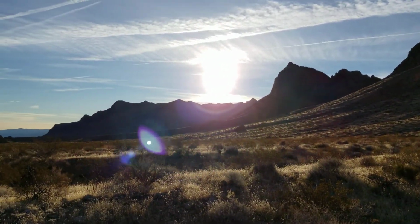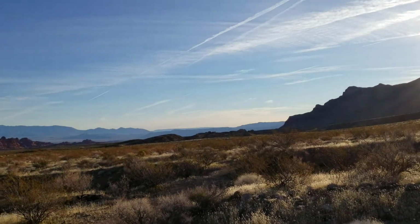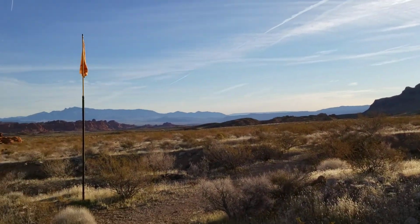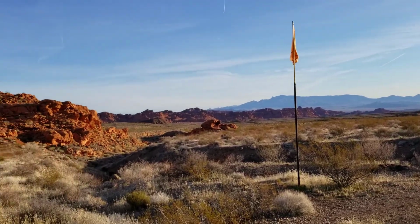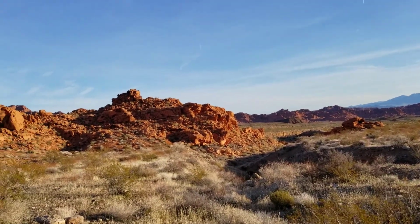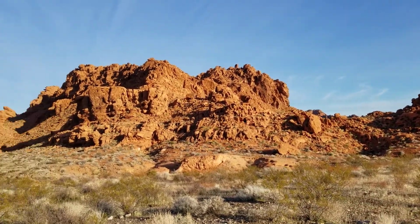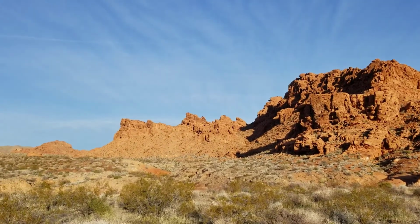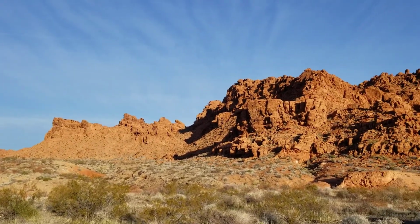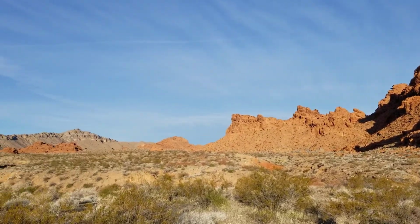The rising sun. And then the direction we are headed. By the way, let's look at those red rocks again. Beautiful red rock formations all around. It's amazing how Valley of Fire has these red rock formations in the park itself, but all around the park,